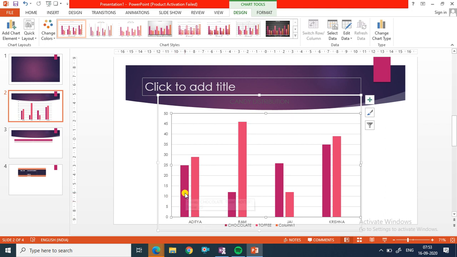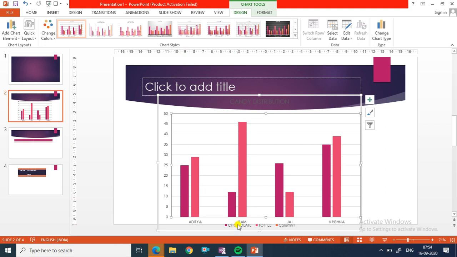Now these are the data series. What is a data series? A data series is a collection of data. Each data in a chart has a unique color or pattern. We can plot one or more data series in a chart. So now plot area, this one is the chart title, data series, x-axis, y-axis.